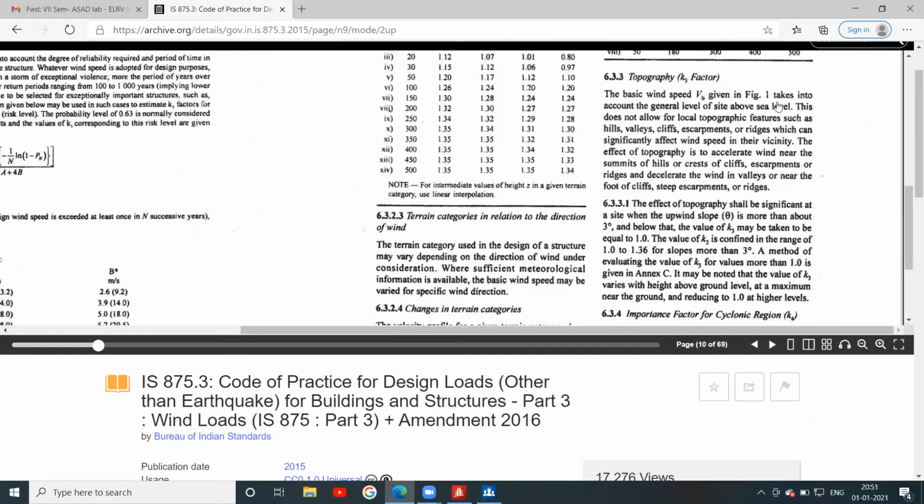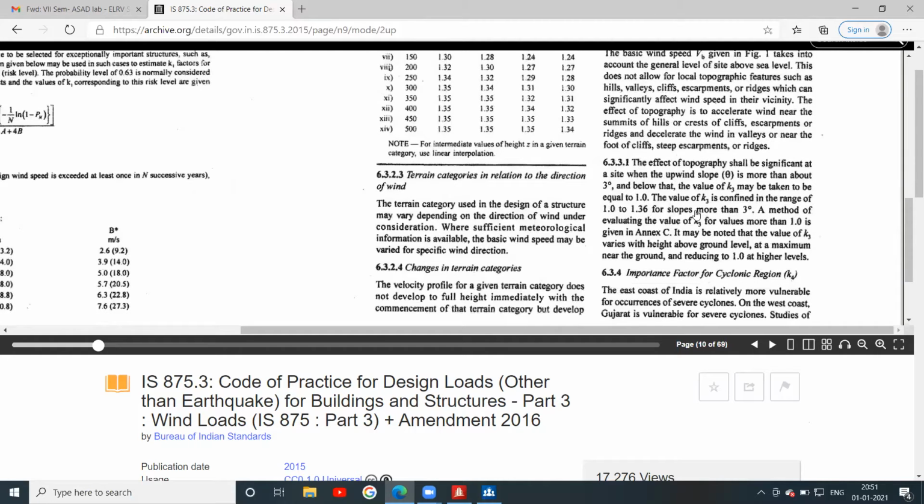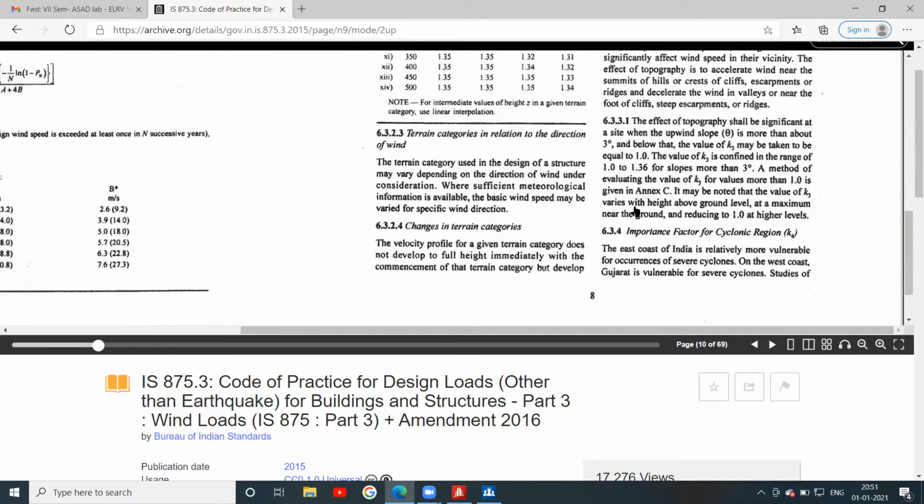Next, the topography factor. The effect of topography shall be significant at a site when the slope theta is more than about 3 degrees, and below that the value of K3 may be taken as 1. So we will take this topography factor generally as 1.